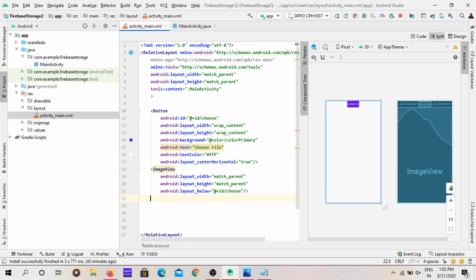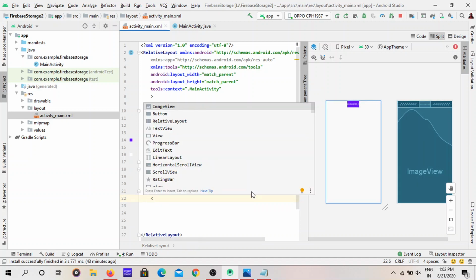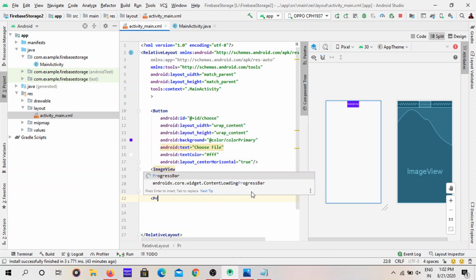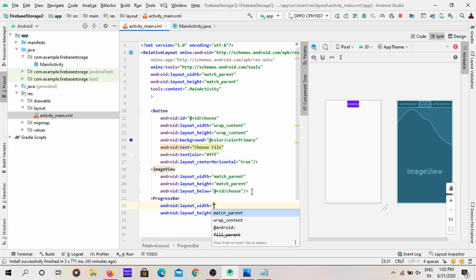Now I am creating a progress bar. We can find the use of the progress bar later in this video. No problem.